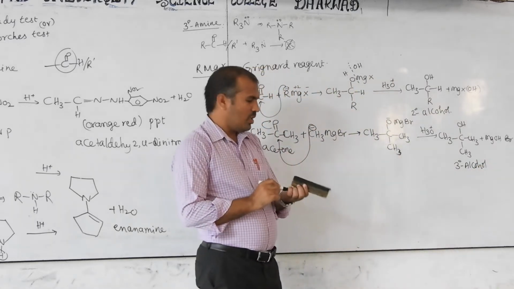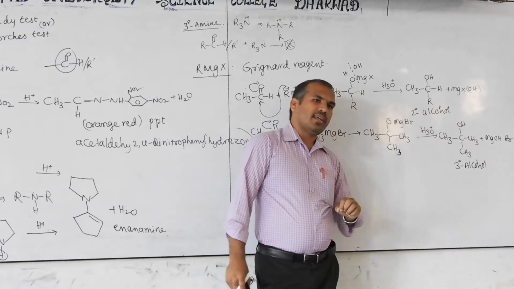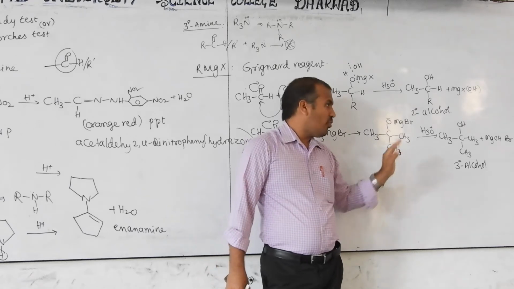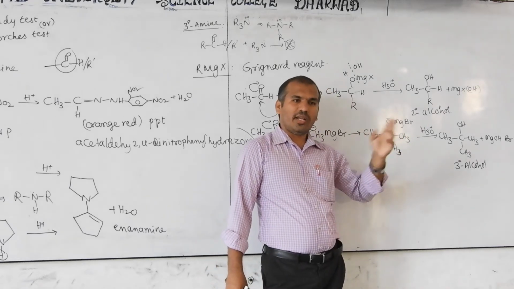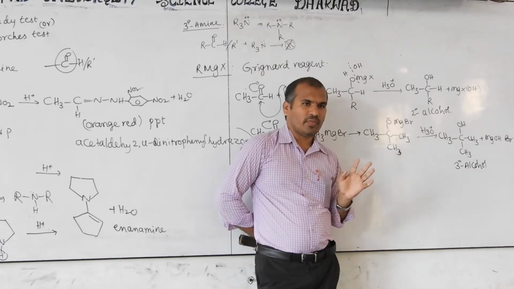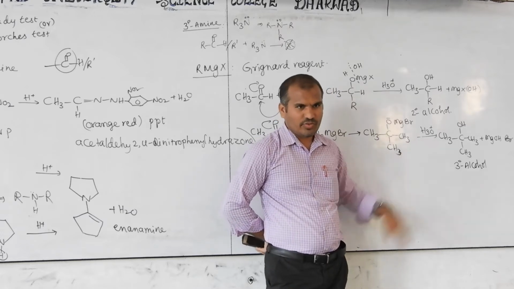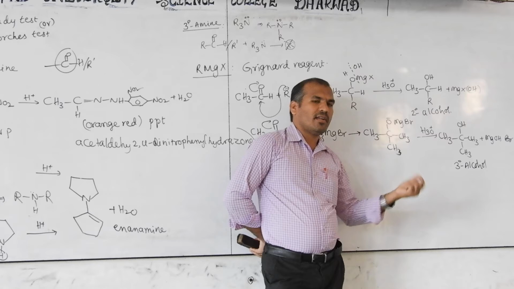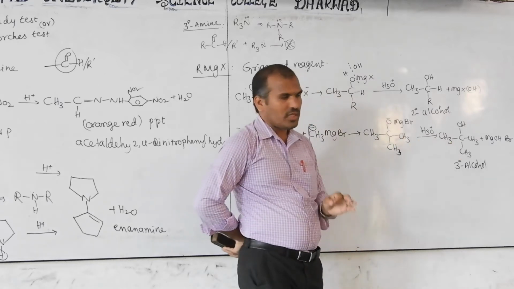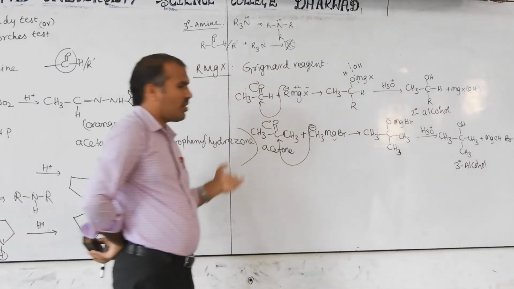Now the question. This is acidic hydrolysis. If you use a strong acid here, like H2SO4 or HCl, what will be the product formation? Any difficulty with it, or does any other product form? That is the question I am giving for you. You have to think here. What will form if you use concentrated H2SO4? If you use HCl or any other sulfonic acid, what will be the product? That also we have to consider. Is this the only product, or does any other product form? Okay, this will be ignored.